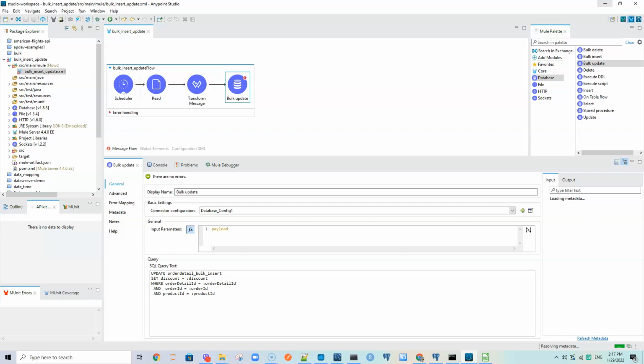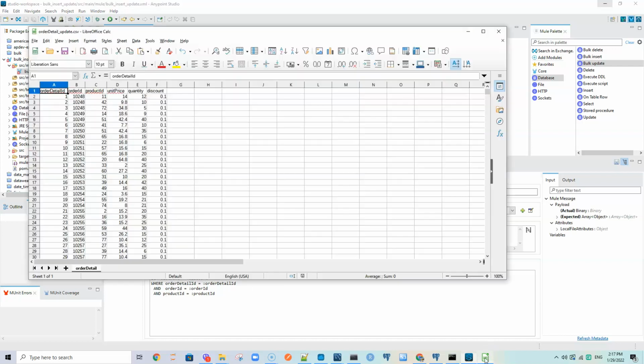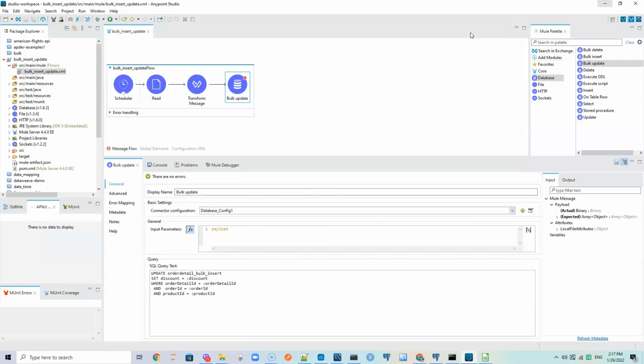So okay, here what we have done is update the table. And what are we updating? The discount. We want to change it to the new discount based on this. By the way, the discount in here, I just made it the same thing, 10% for all of them, but it could be different per order ID, product ID, order detail ID. So that's why we are specifying in the where clause these details. So if I save this now